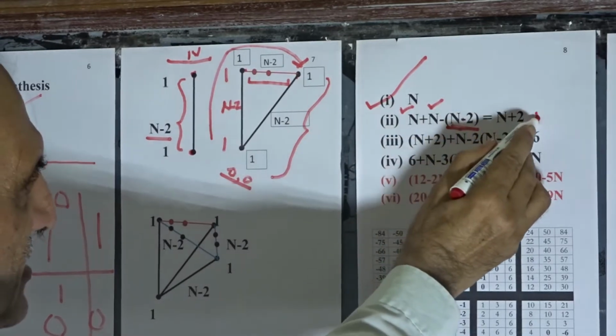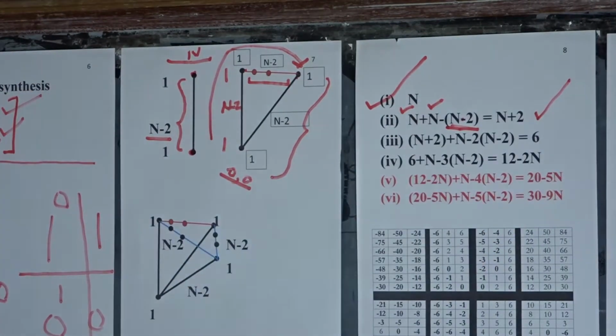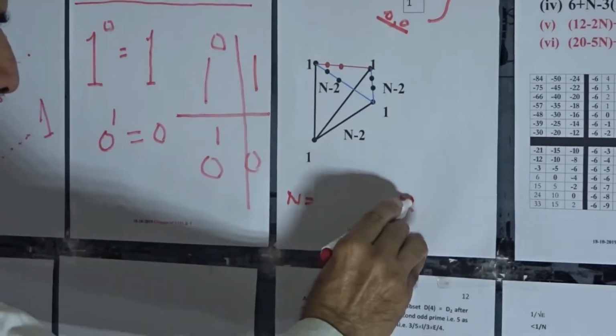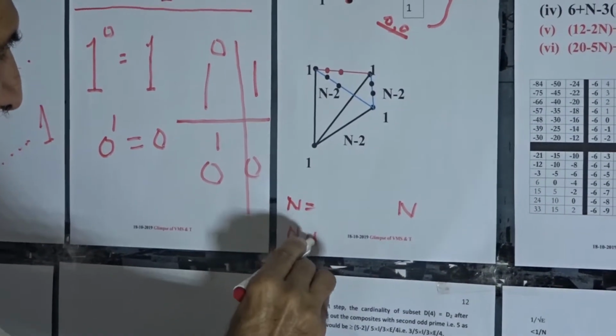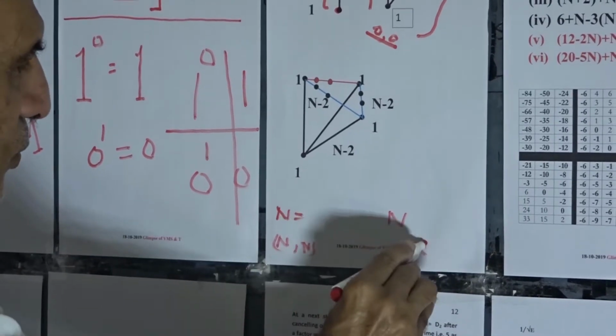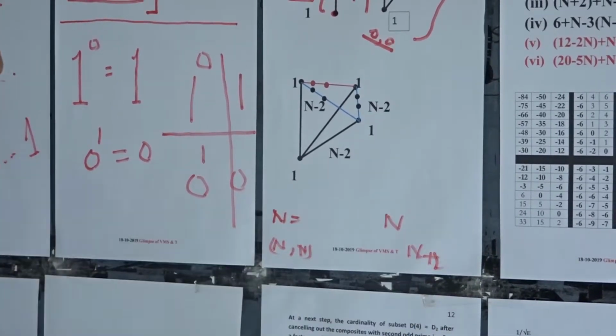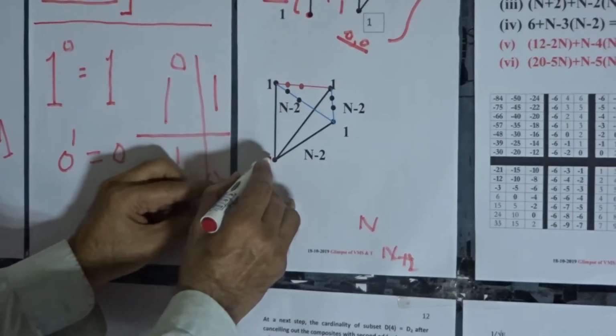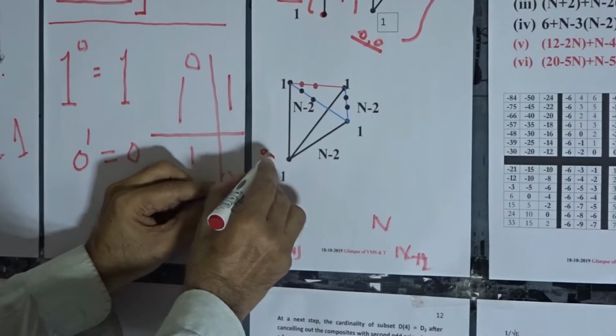So at the end result, we are reaching value n plus 2. The single axis is leading us to value n. The pair of axes are leading us to value n plus 2. A step ahead, when we have a triple axis, here again we can have a 0, 0 and 0,